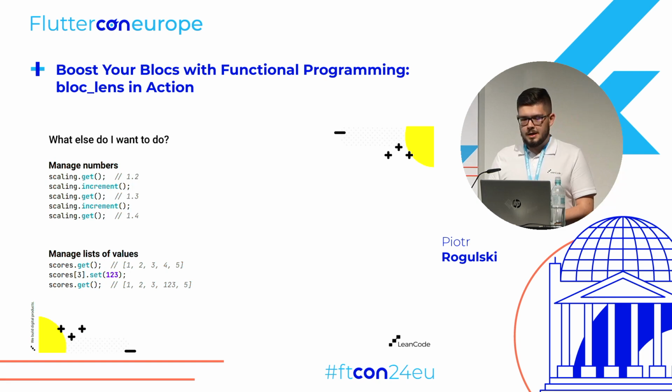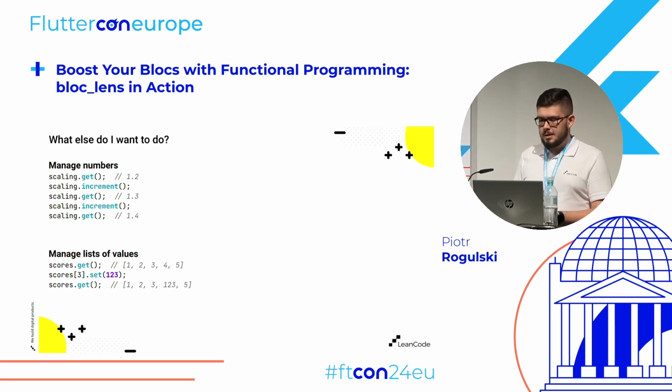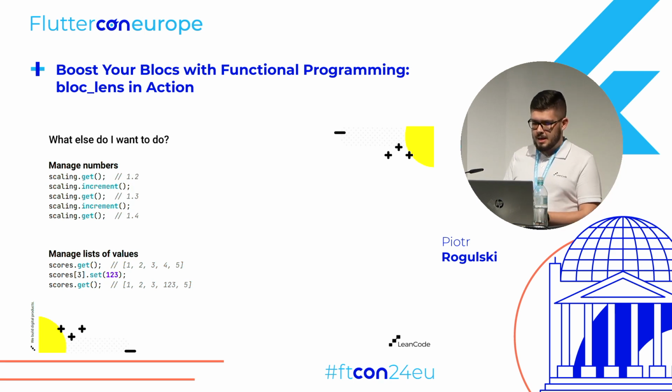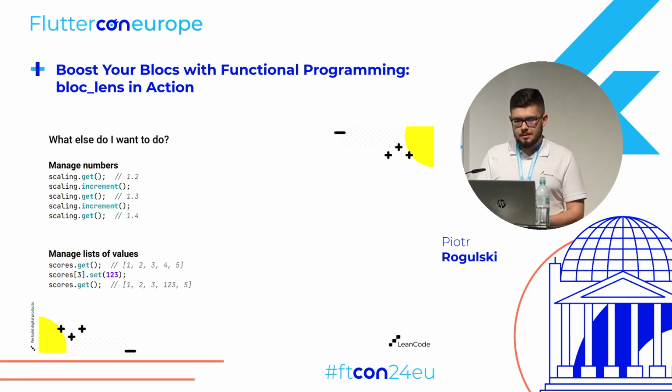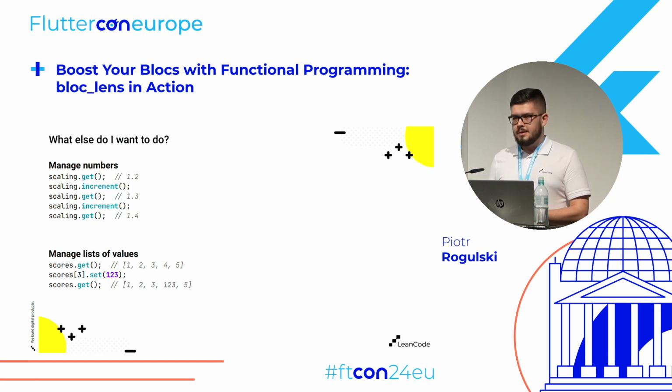A lot of values are actually lists of other values. You may want to have some kind of a list of favorite books, a library of movies you want to watch, and those are lists. And very often you just want to manage one singular value of that list. So you don't really care what the list is all about. You just want to know that you want to change this one element. And I want to make this as easy as just telling the item at position 3, set it to something else. And I want my entire app to know about this change and to keep my state consistent and unified